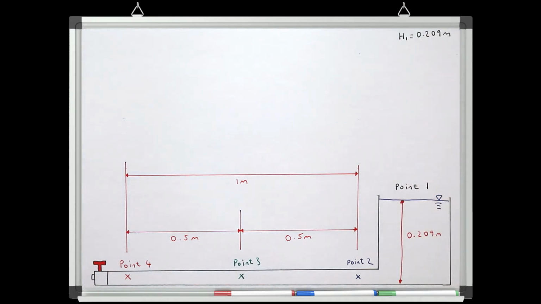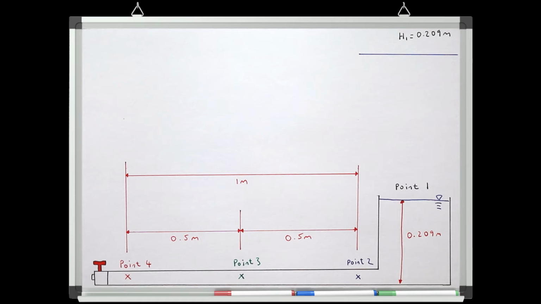Let's imagine how this energy level will change as we move throughout the system. Let's draw a line to show the level of total pressure head at all points in the system. In the tank, the total pressure head is a constant value of 0.209, so we'd have a flat line at this point in the system. If we had no loss of energy at any point in the system, then we'd have this same level of energy at all points throughout the pipe, so this line would remain constant. Pressure head may convert between elevation, pressure and velocity, but the total pressure head at any point in the system would be